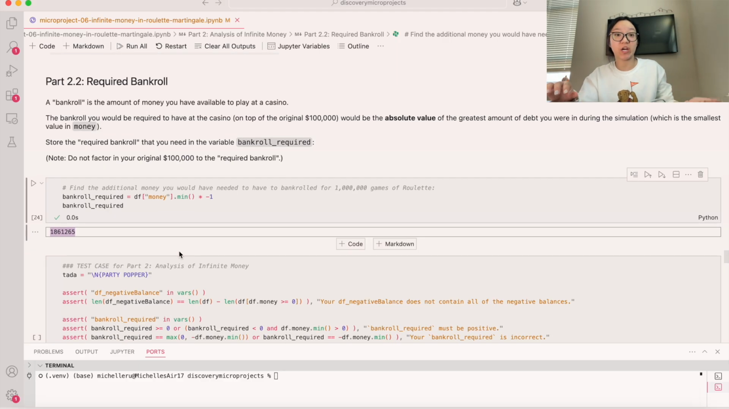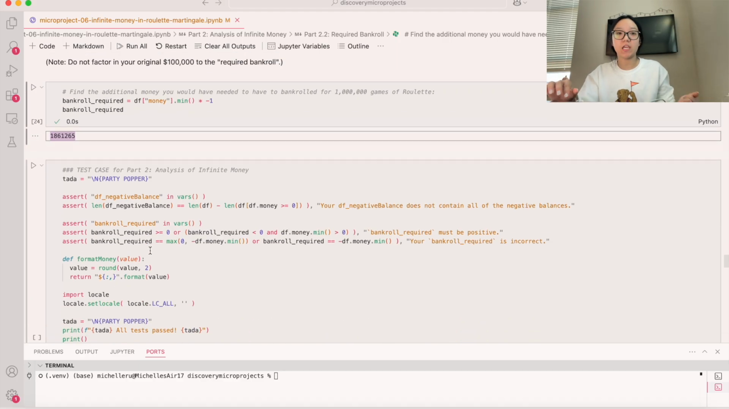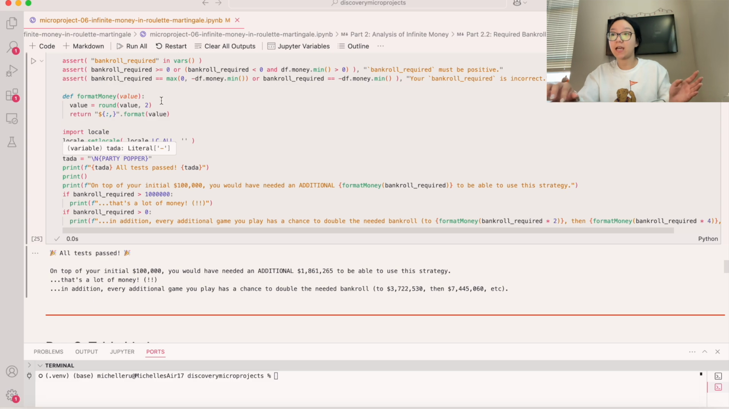That's the greatest amount of debt we were in at one point. So even though we won $500,000, we were still almost $2 million in debt. That is insane. And you have to remember that at that point when we were in $2 million in debt, if we